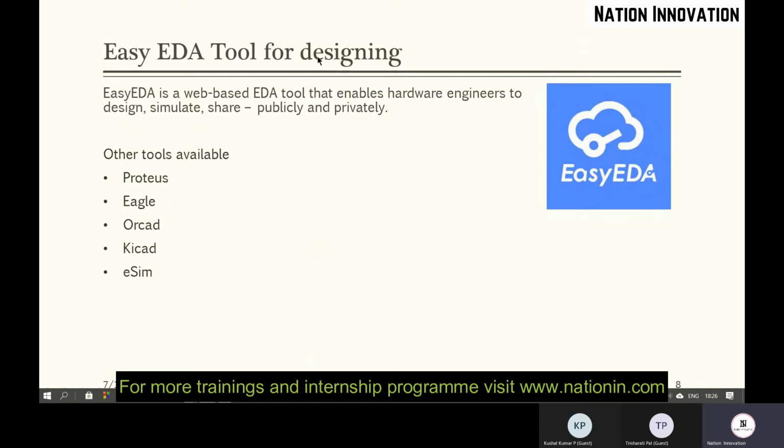And EasyEDA is the tool for design. As I already told, this is the tool we are going to use. Why EasyEDA is because this is a free web-based tool. It enables hardware engineers to design, simulate, and share publicly and privately.